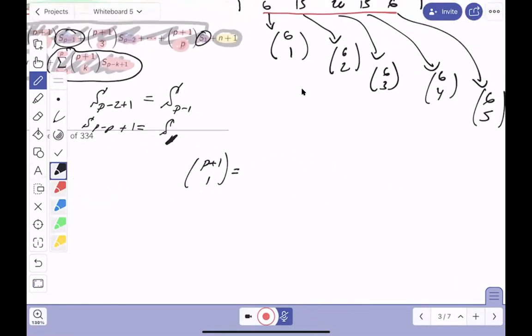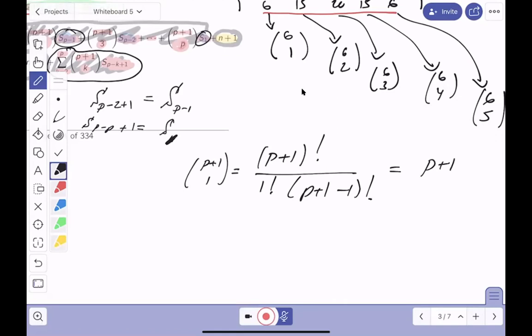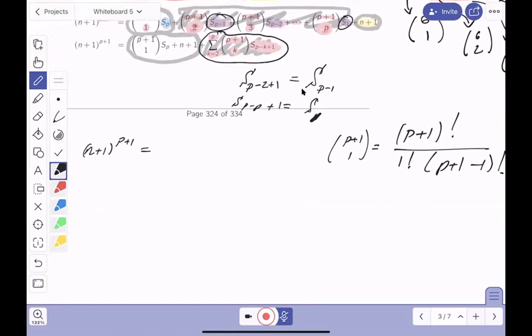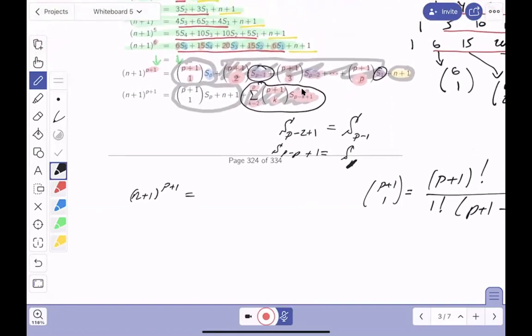I'm going to put this over here. So this would be P plus 1 factorial. The bottom would be 1 factorial, P plus 1 minus 1 factorial. And if you did this, you'd just get P plus 1. All right, if you did that, you get P plus 1. Not so bad. All right, so I'm going to write this over here. So this would be P plus 1 times SP